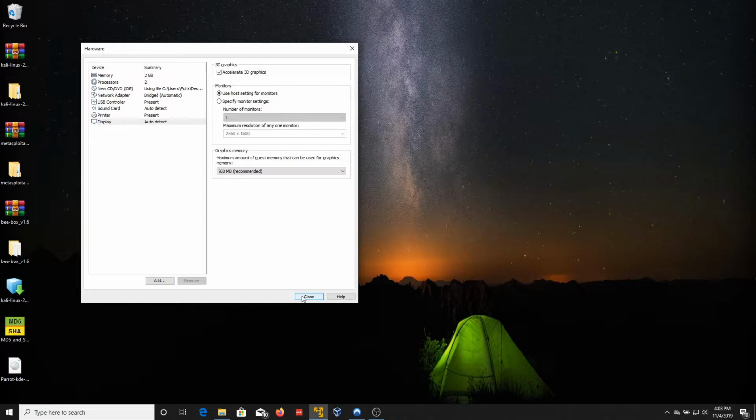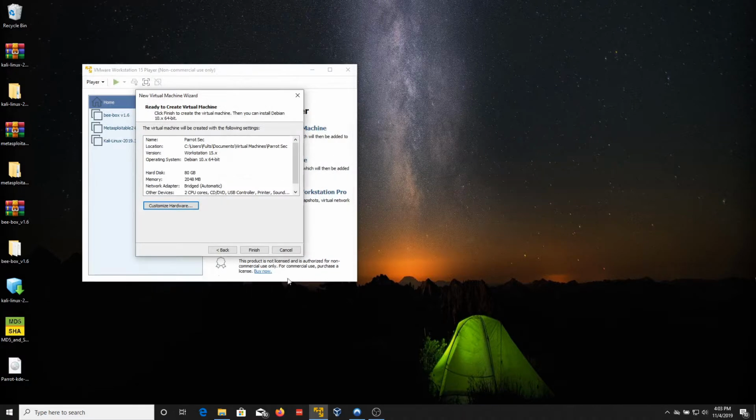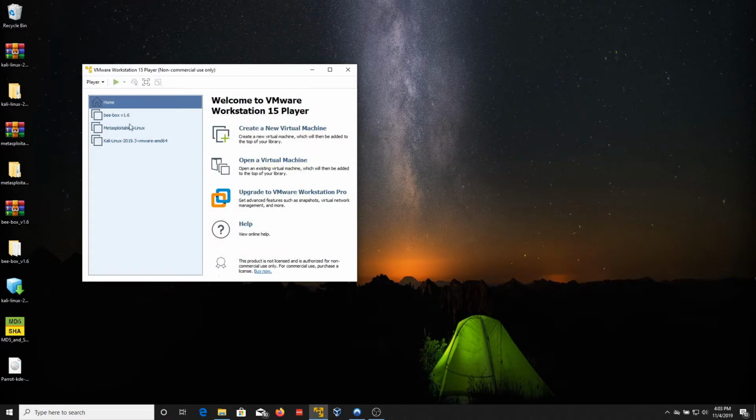We're not going to have graphics heavy processes. You could have password cracking that takes a little bit more, and upping that might help a little bit, but at that point, if you really need that much more to crack passwords, there are better options than a virtual machine. So once we're done, we hit finish, and it's going to pop us here in our list